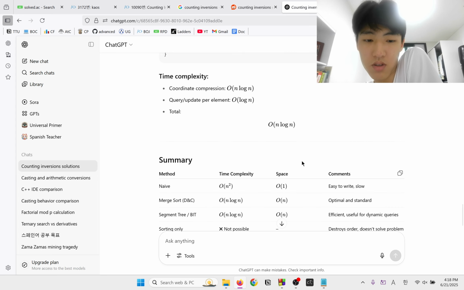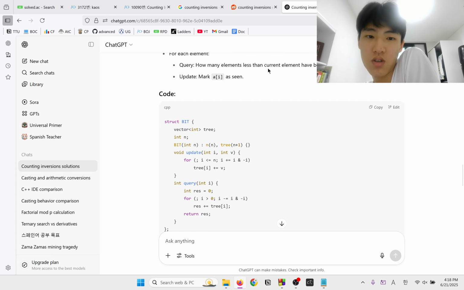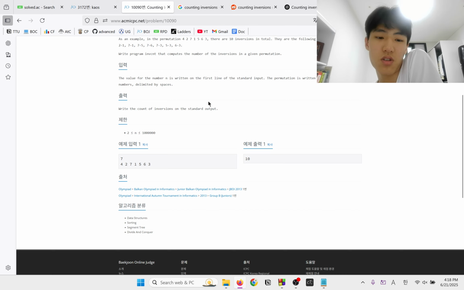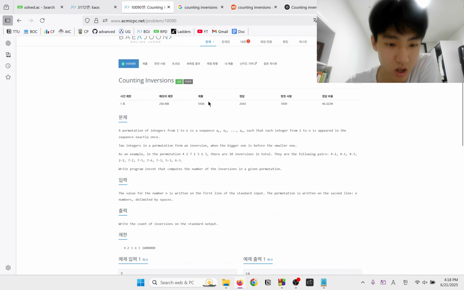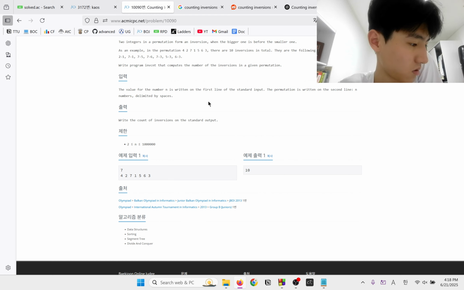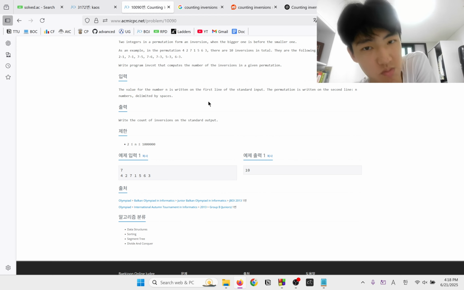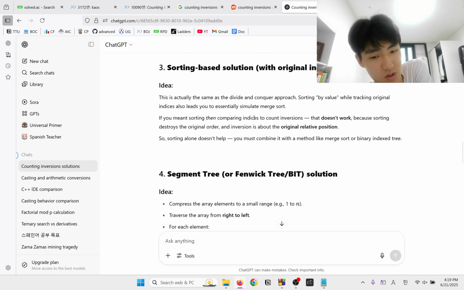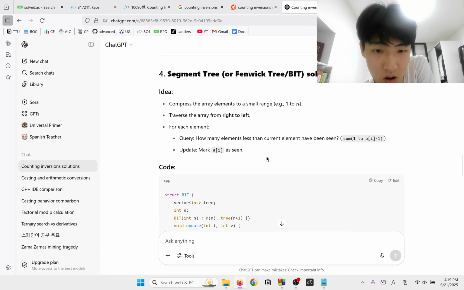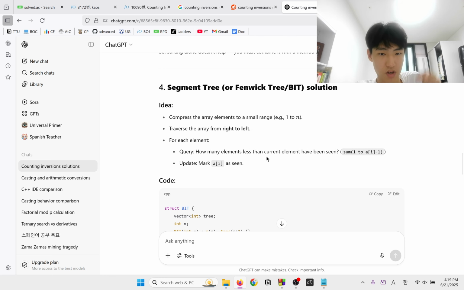Okay, so there's basically a segment tree solution and a merge sort solution. And we can't solve this with only sorting. Why can't we though? Why can't we? Maybe we can integrate it with a segment tree. Okay, segment tree solution, I think I immediately get it.